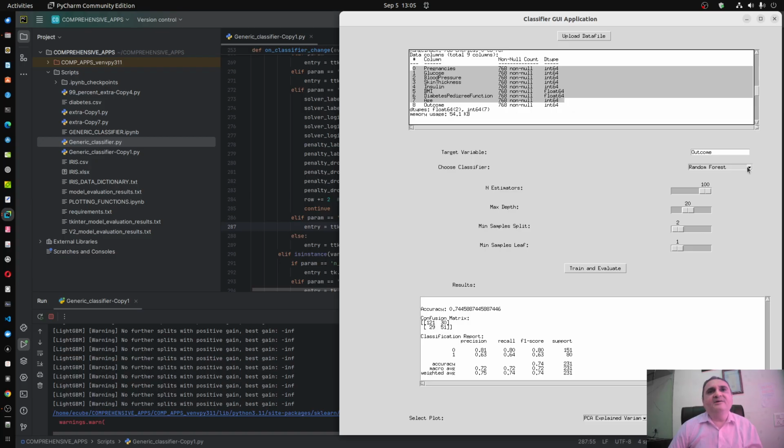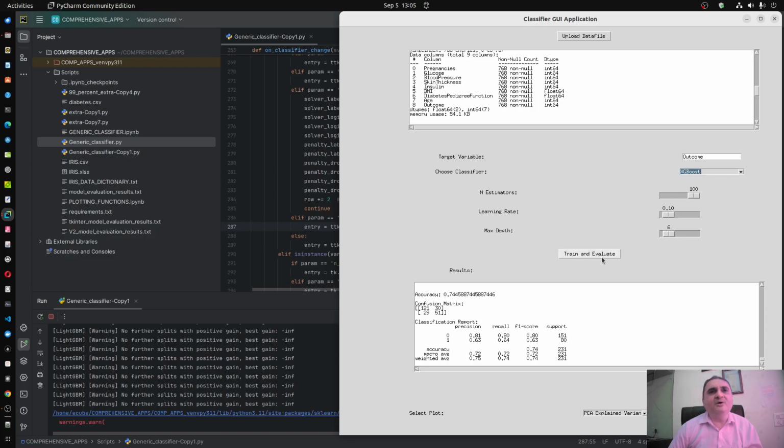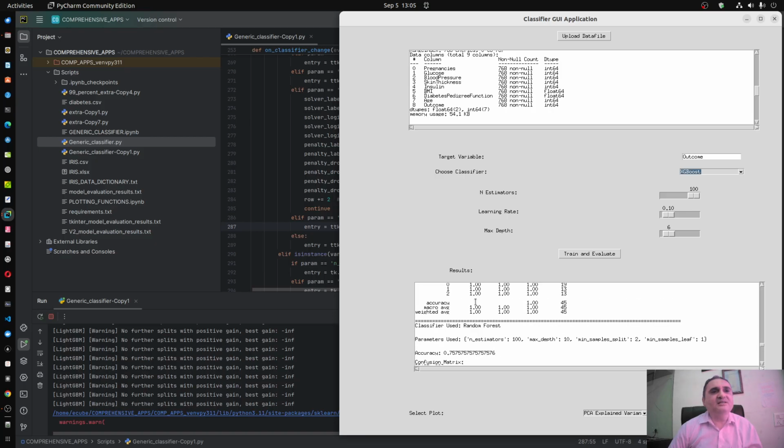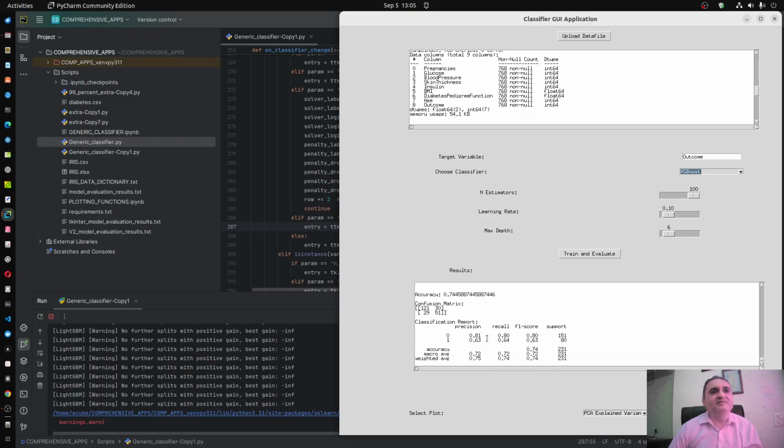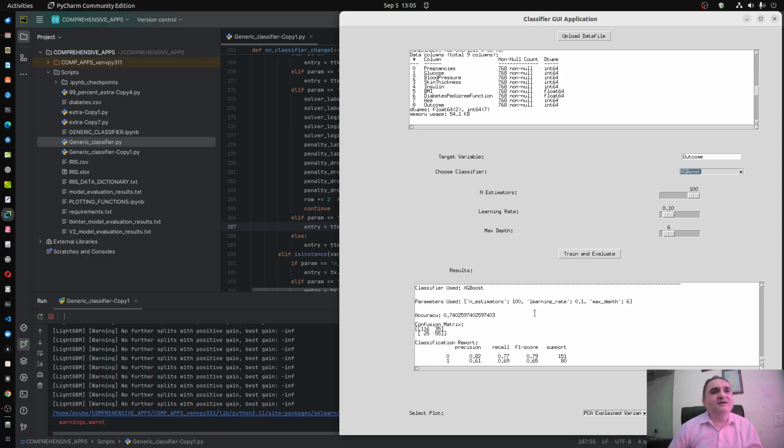Okay. Now, instead of random forest, I just take XGBoost. The best random forest was at 0.7575. Now let us see what XGBoost gives. XGBoost is giving 0.74 something, so it is not that good.